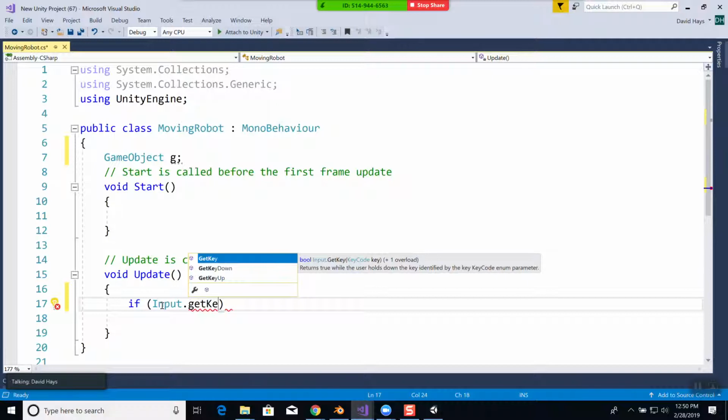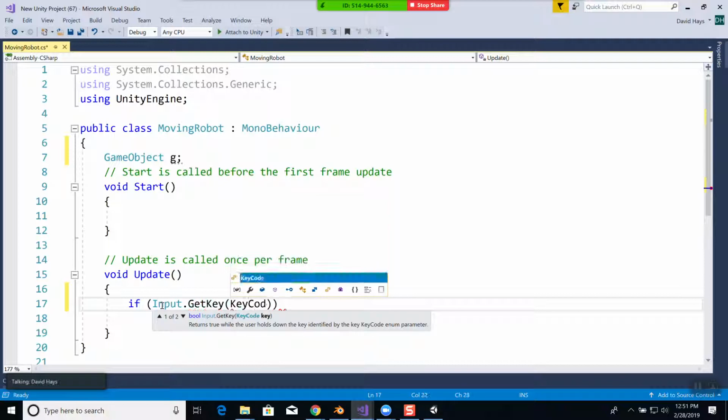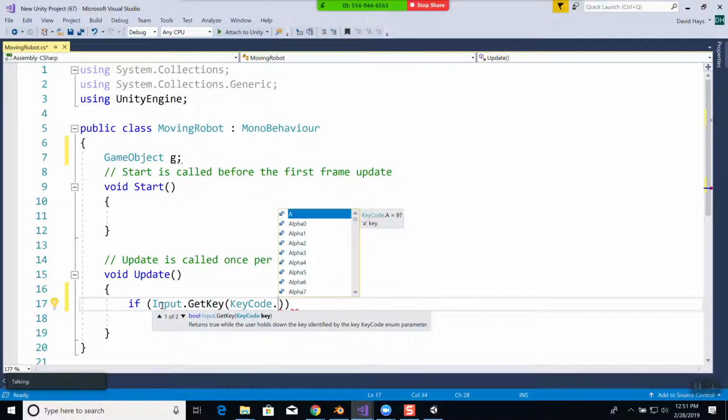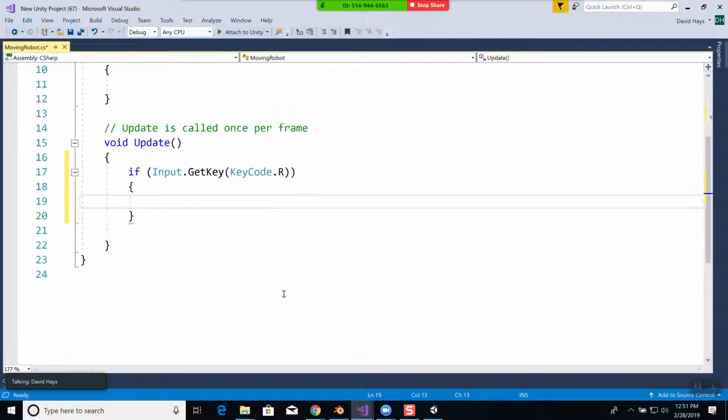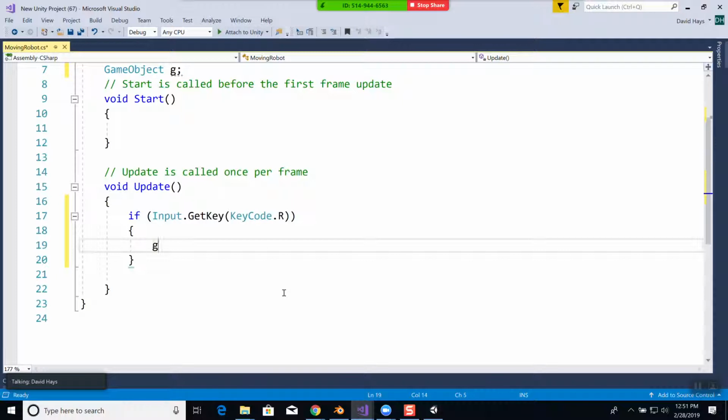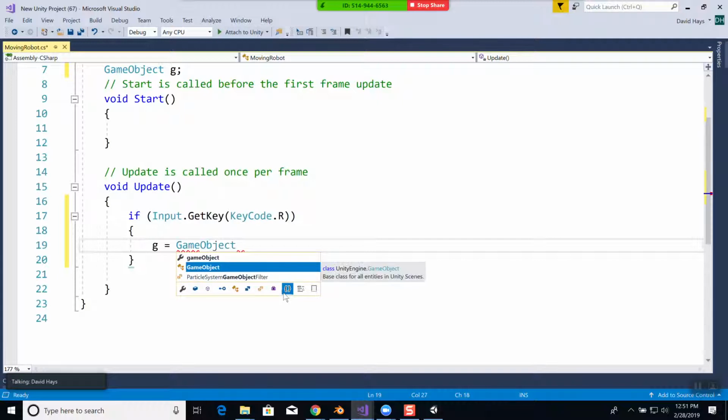I don't remember which one. I'll do get key initially. And when I push the R, I want the arm to go up. Well, I need to find that particular object. So I'm going to do G is equal to GameObject, with G and O uppercase,